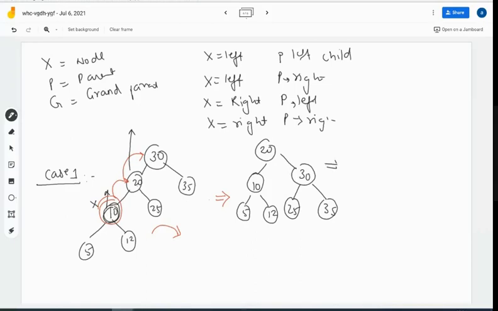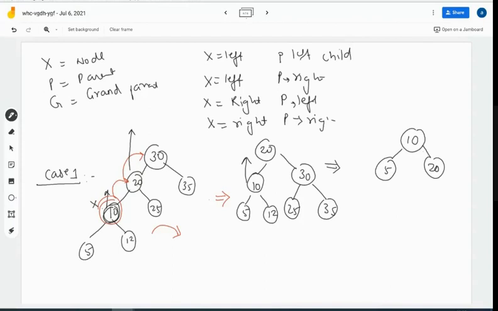Now again, if you see, we need to pull 10 because we are searching the value X, which is 10. So when I pull 10, 10 will be at the top. This will become 5, right? Because I'm pulling this up, 20 will drop down towards the right. So it will be 20.